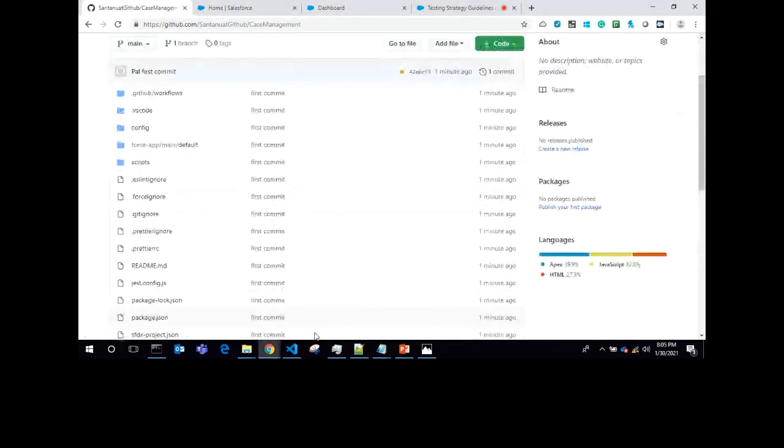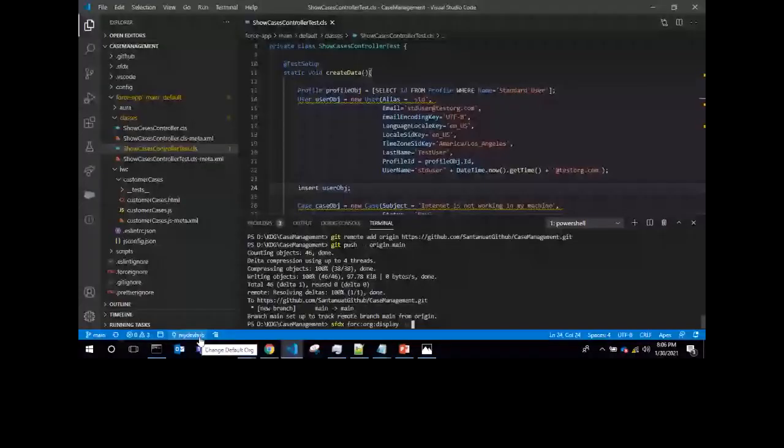Before that, as I already told, I need to know the secret of my org, so the respective virtual machine can log in on behalf of my machine. So let's say I need to execute this command first: sfdx force:org:display -u. I have already authorized my DevHub, so this is my DevHub org alias. I just need to mention my DevHub.